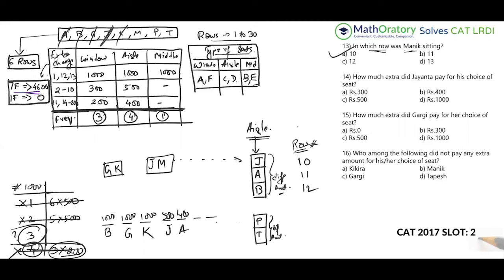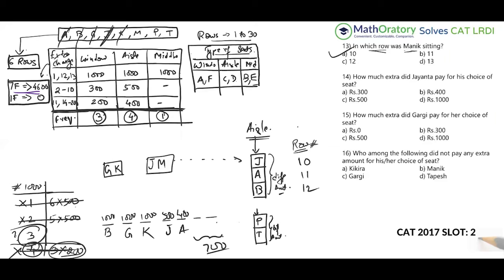So the left out are M, P, and T, right? Out of M, P, T, P and T are paying different amounts, so M has to pay something. What I mean is, P and T cannot both pay different amounts, because P and T are also sitting on the same column, so they'll both be the same type of seat. Even if I take different values, the remaining total, these four should have been adding up to 1600, out of which 900 is taken off. So these two should be adding up to 700.